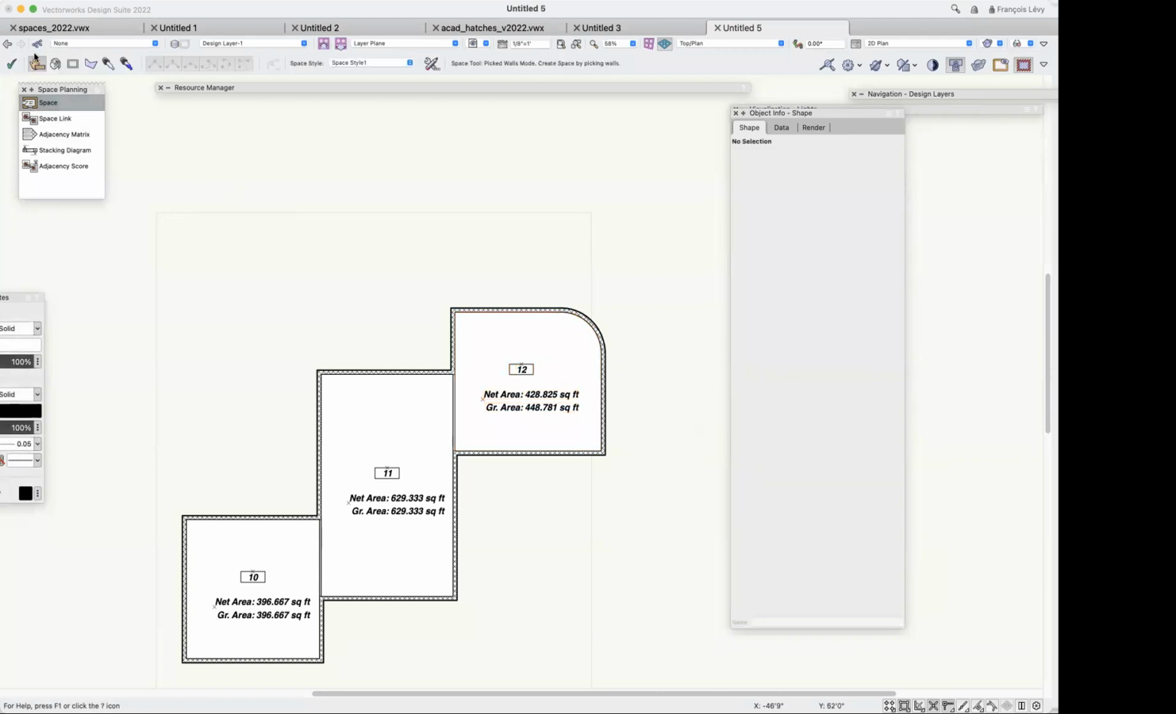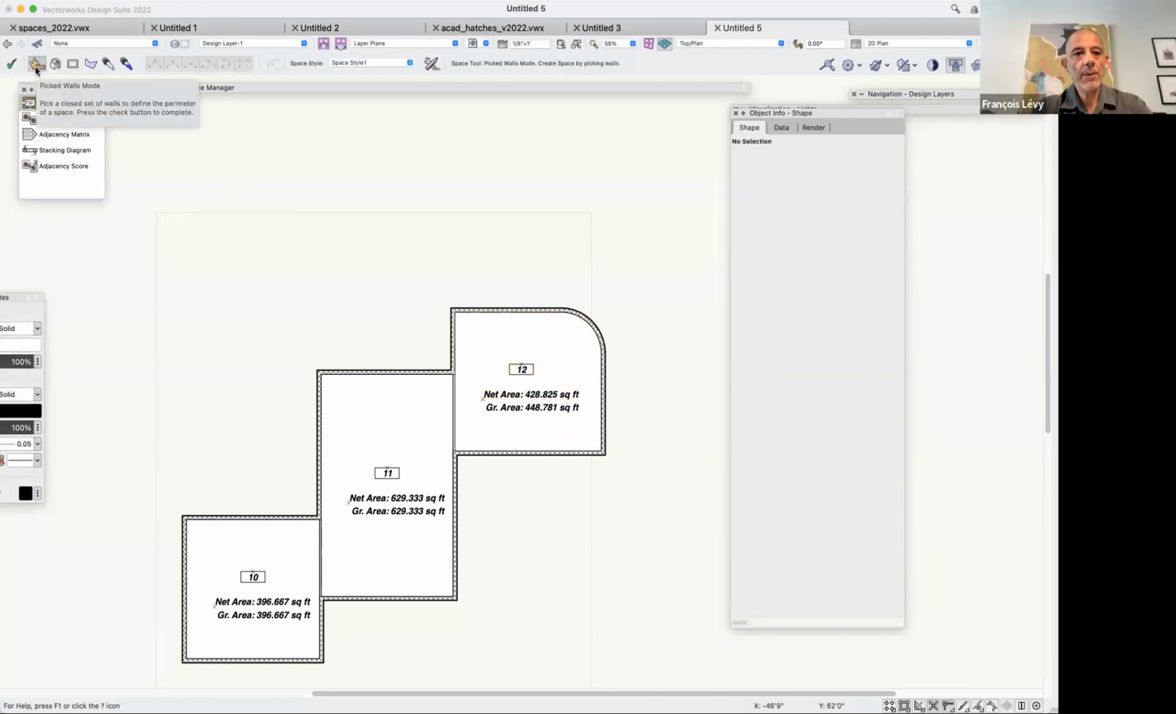So when I create a space object, I can draw one by picking a closed set of walls, and I thought that would make the space sticky to the walls, so that if I change the walls, the space would go with it. Or I could just use the inner boundary mode where it would just find the walls. Or I could do polygons. All right, well,